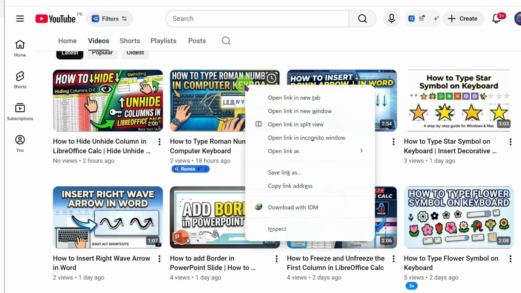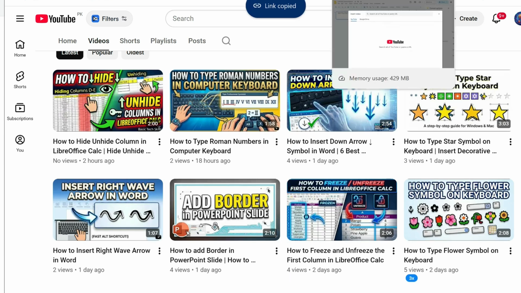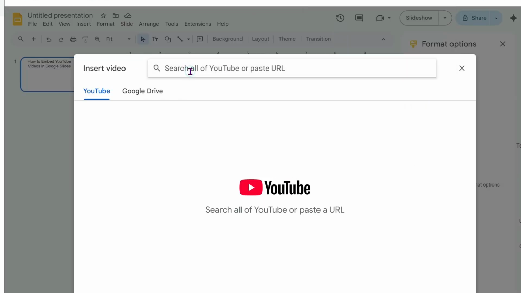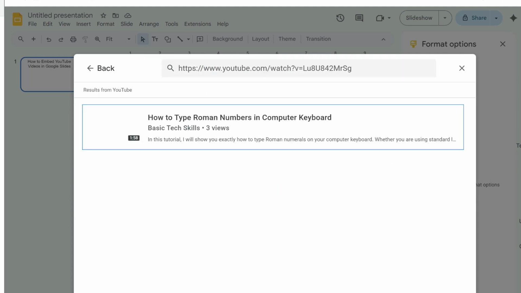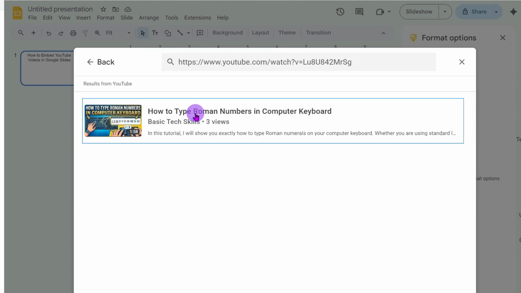For this you need to right click and click on this copy link address, and now click inside the search and Control V to paste it and hit enter. Then you will see the preview of the video. You need to click on that, and here you will see that insert button. Click on that,